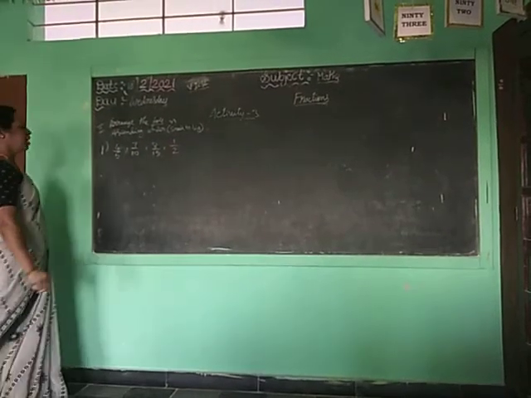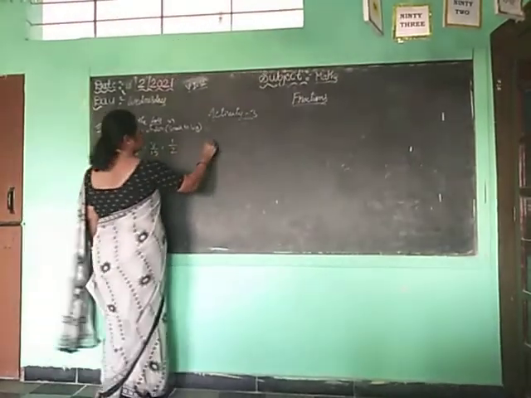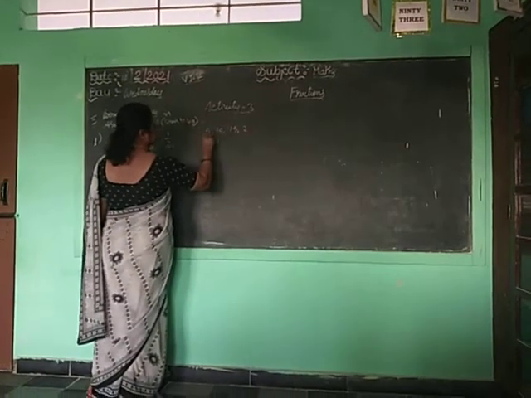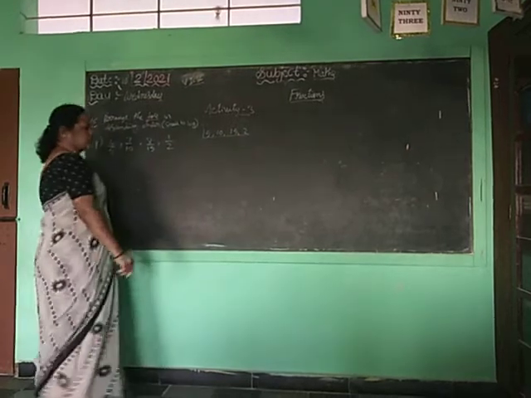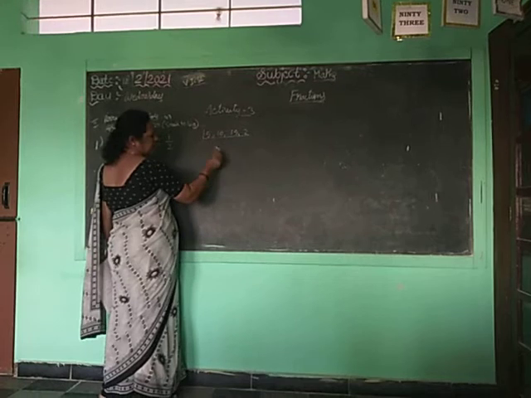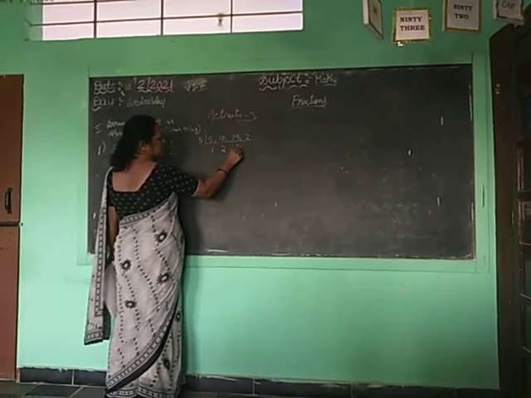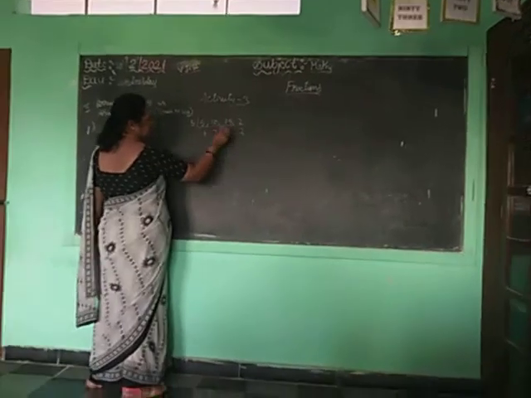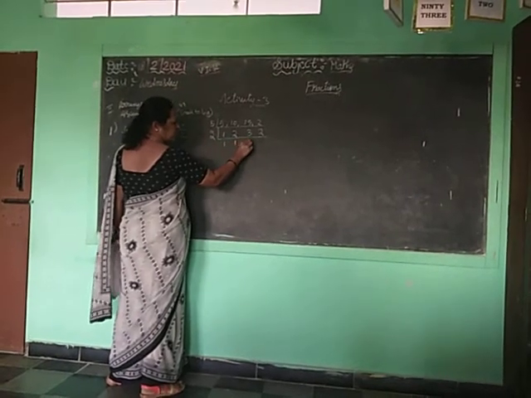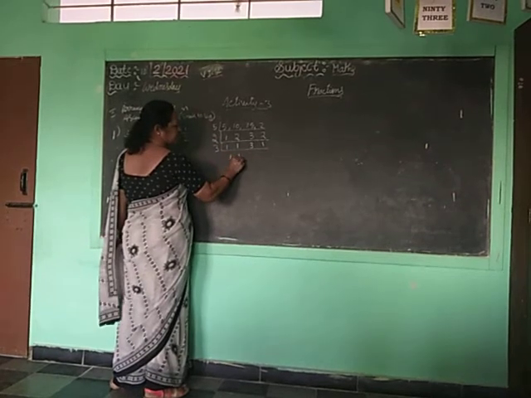Okay, children. So you have to find the LCM for the denominators, that is 5, 10, 15 and 2. You have to find the LCM. So you know 5 goes into 5 table. Divisibility test: 5 ones are 5, 5 twos are 10, 5 threes are 15, 2 will not go, I will take it down. Carry the 2 there. Again, 2 ones are 2, 3 will not go, I will carry 3.